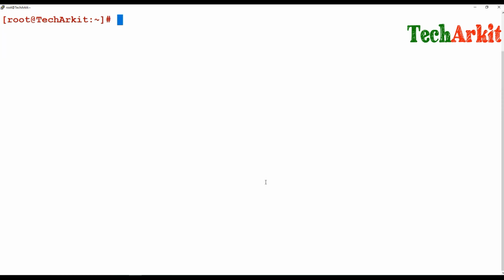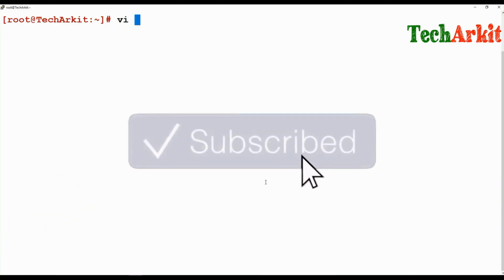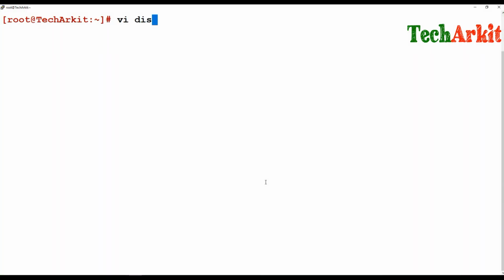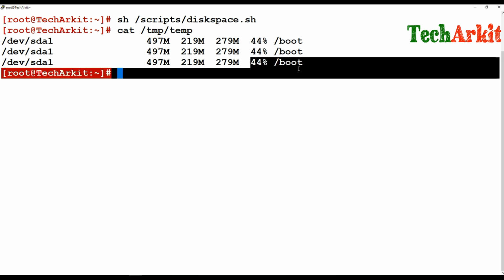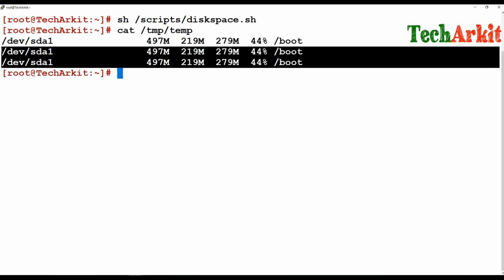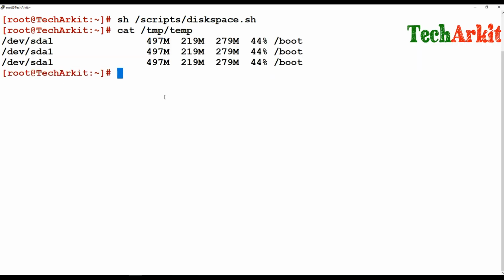Let's see again. So sh disk space, so I'm adding to the file like this. This is the third line, again it's going to add into the disk space. Okay, cat /tmp temp. So that line is added over here.